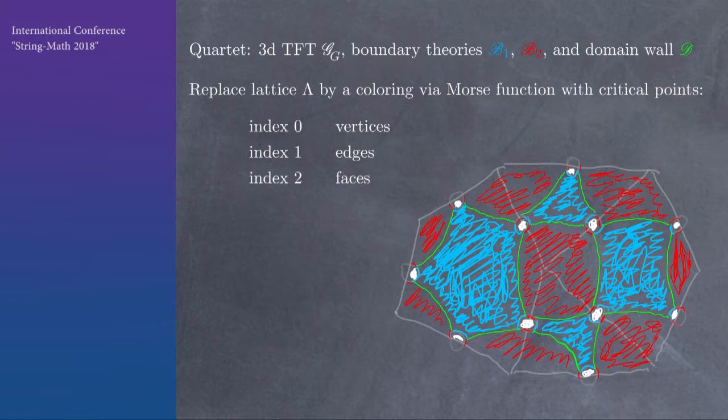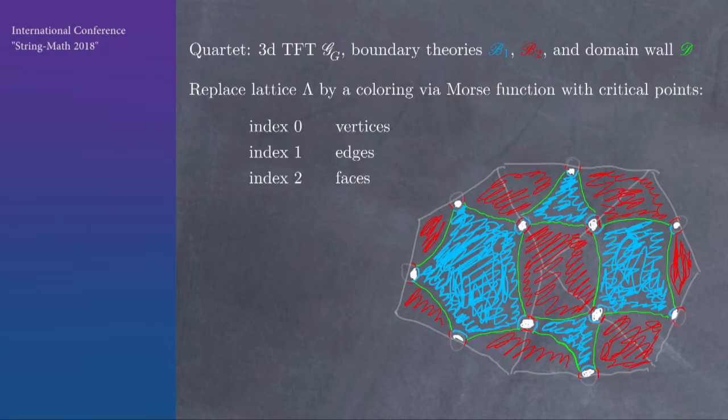So imagine that we have this two-manifold with a lattice, which is what we do for the Ising model. Now we'll construct a Morse function which has critical points of index 0 at the vertices, critical points of index 1 in the edges, and a critical point of index 2 for each face. So if we just had the square lattice in the xy plane, the function sine x times sine y would be an example of a function like that. So we can always make a Morse function like that.